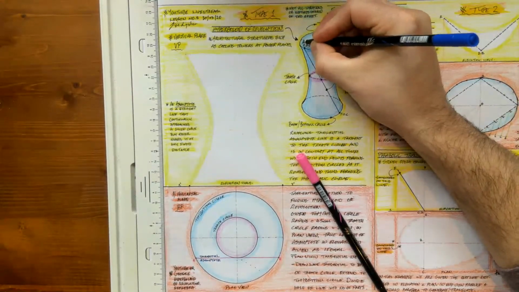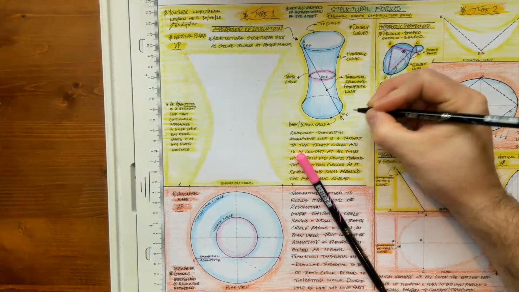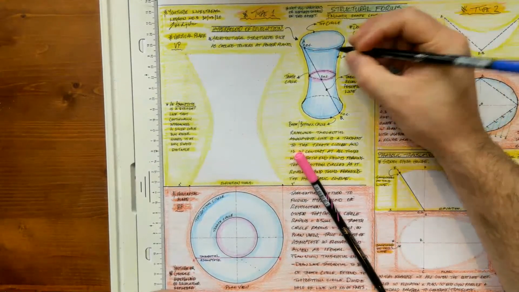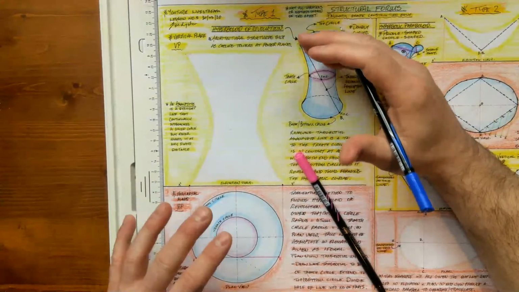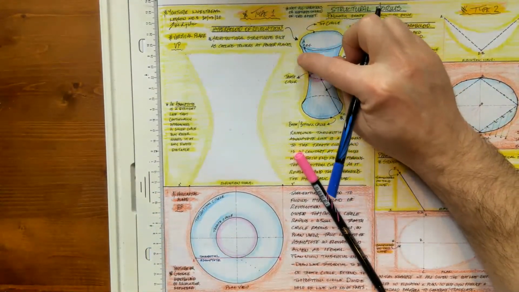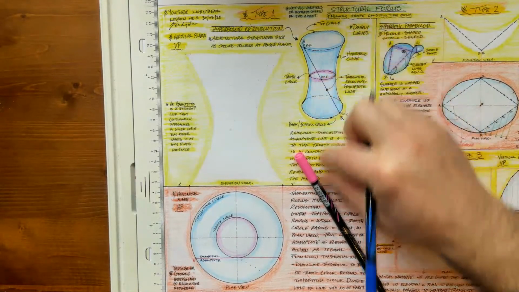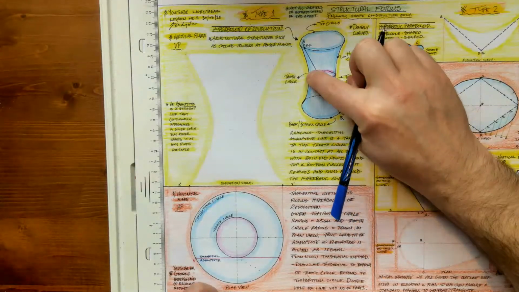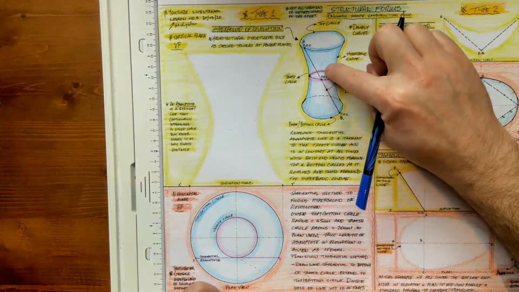Let's say that's point A, and that's point B down there. And this point here will be that point there. So that's kind of looking at it in a 3D view. And what's going to happen is this line is going to rotate. It's always going to be a tangent to the throat circle,